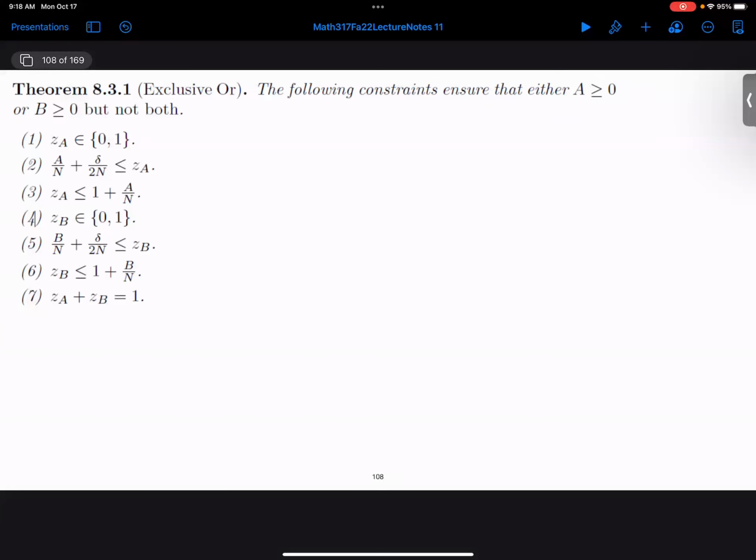But at the end of the day, only one team will win, because Major League Baseball understands that it would be a sign of the Armageddon if a baseball game ended in a tie, and this will not be allowed to happen ever again since that horrible All-Star game. So it will be an exclusive OR. So here are 7 conditions that ensure that either A is greater than or equal to 0 or B is greater than or equal to 0, but not both. All right, there are 7 conditions. I think it's natural to break this up into subsets. How many groups do you want to break these equations into?